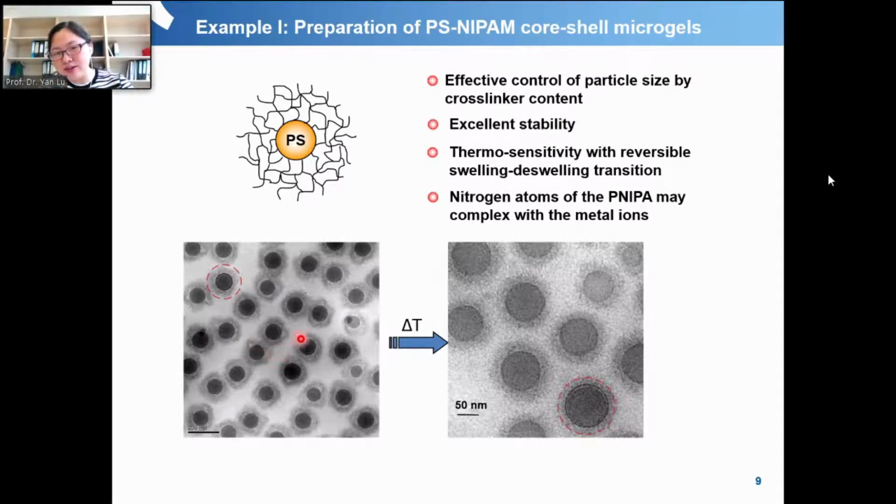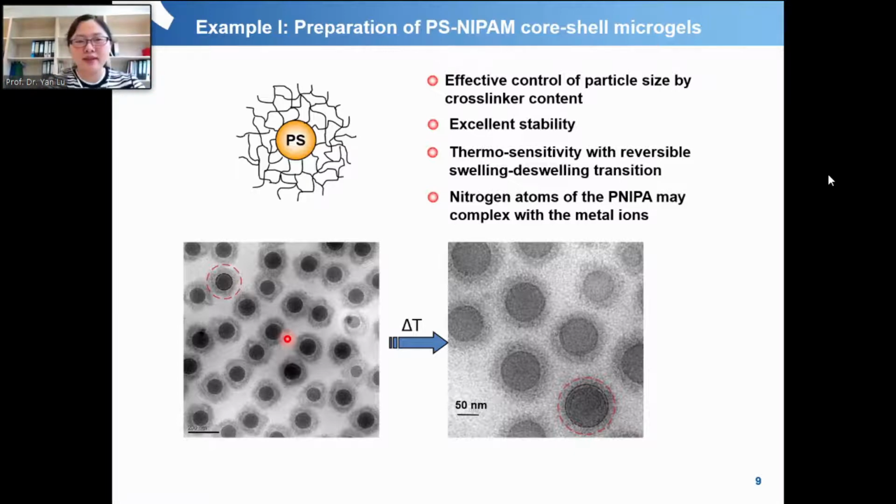You see quite a lot of holes on the surface. This is because there's actually no special control on the polystyrene surface. This is like a free radical polymerization, and then the polyNIPAM chains are randomly deposited onto your polystyrene